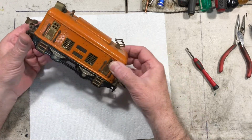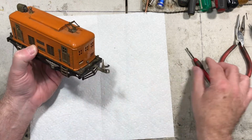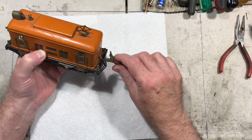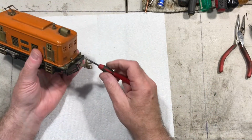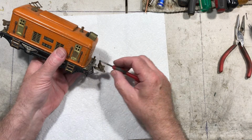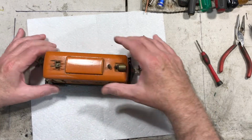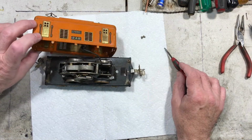But you know, some of the things that make it seem pretty much original, these screws. Take this out, we're going to take these off. These are the original screws that Lionel used to hold the cabs onto the frames, and they're both here. Those are usually the first things to disappear after so many years. People going inside them, take them apart. But anyway,